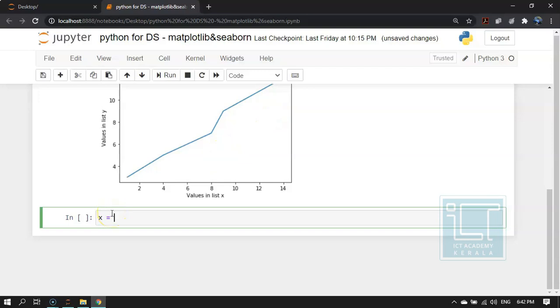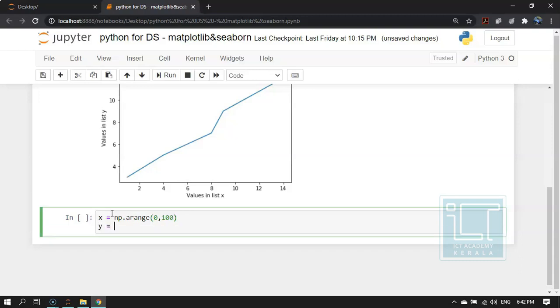Next, I will write another piece of code. So I have created X with the values from 0 to 99, and I have created Y using an equation from X. So can you guess what will be the output, or what will be the graph of this X and Y?